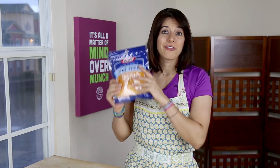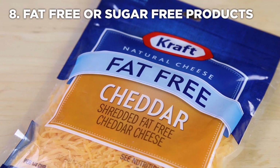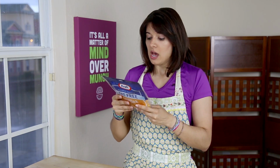size. Next up, fat-free or sugar-free products. Now here is the problem with a product that tries to claim it is free of a macro or micronutrient. When you take something out, you have to put something else back in to compensate for the flavor or the texture. That is why when you look at the ingredients list of a fat-free or sugar-free option, and you compare